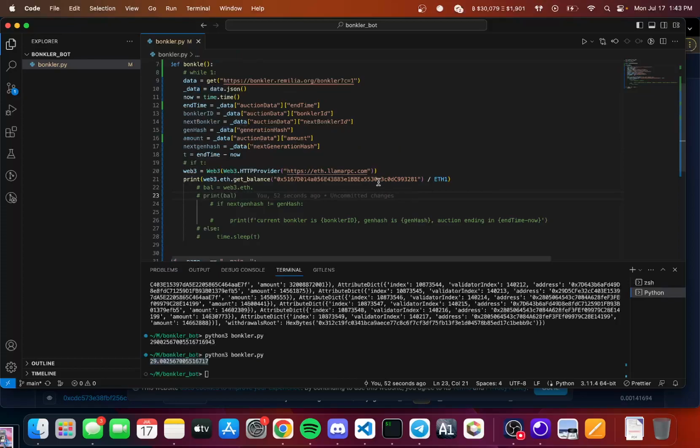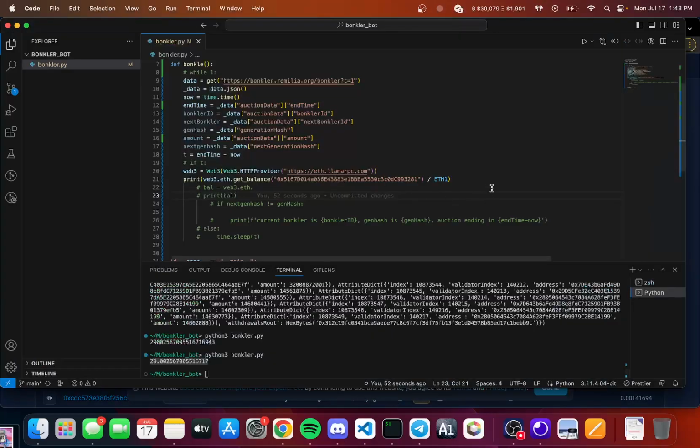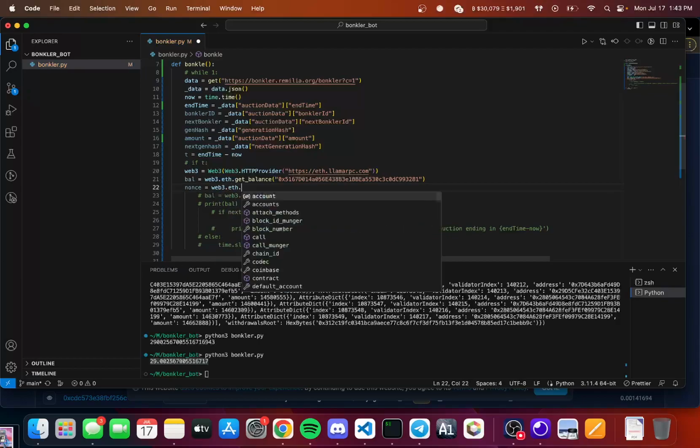What else do we need? We need our balance. We need the nonce. I think it's just a get transaction count. So here we're gonna say balance equals that. Nonce equals Web3.eth.get